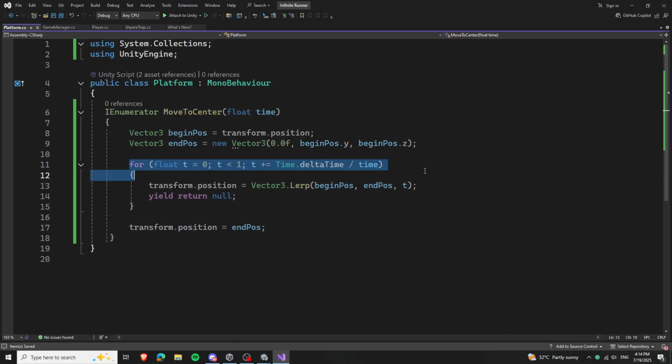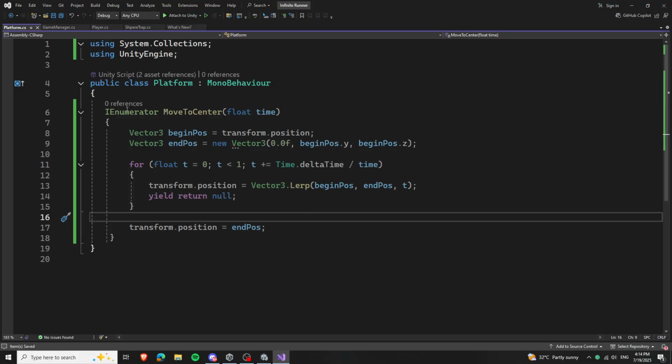this 4 is not perfect. It goes from 0 to not exactly 1, so it will not be at the exact end position. It will be very close, so we have to snap it in place with this. So that now that we have this,